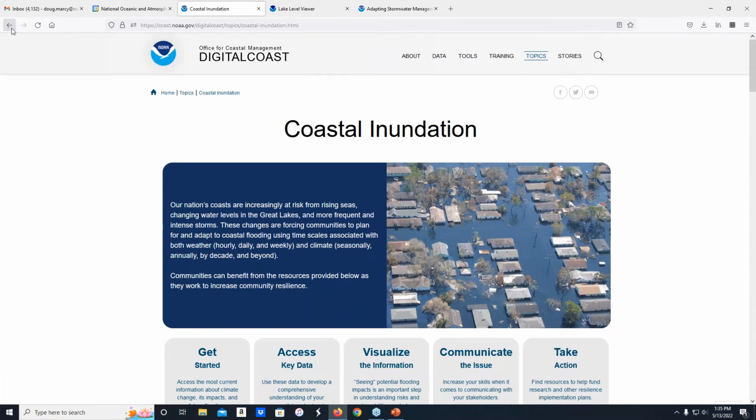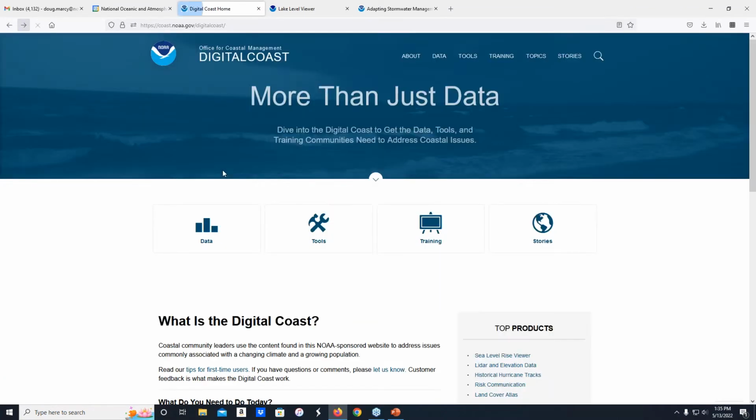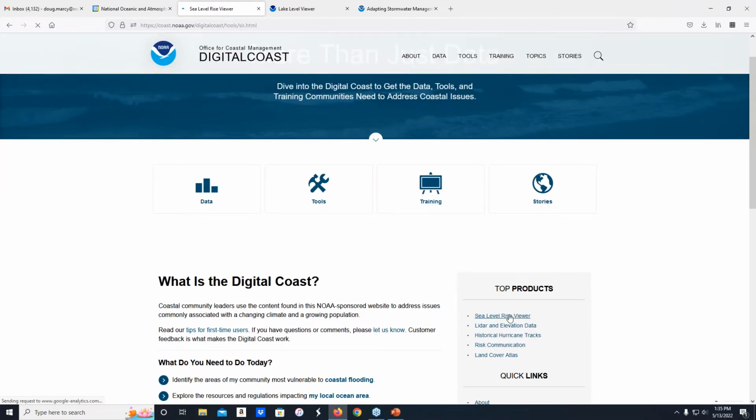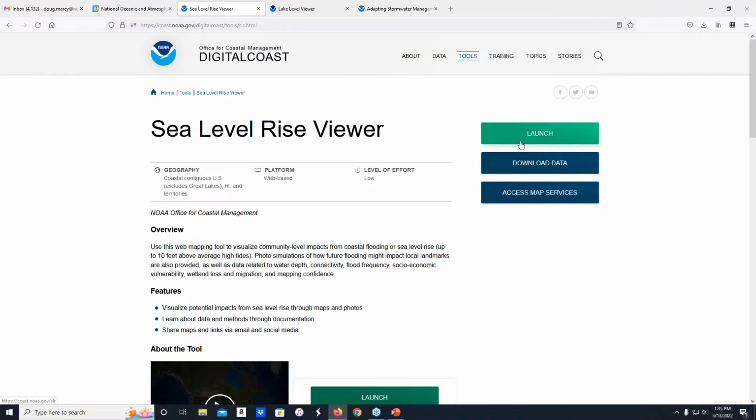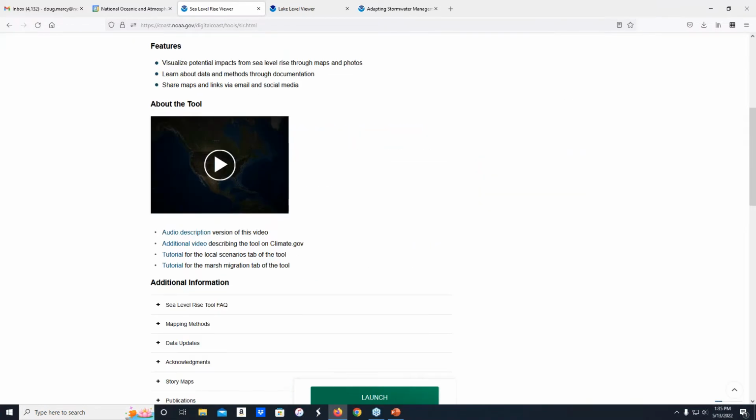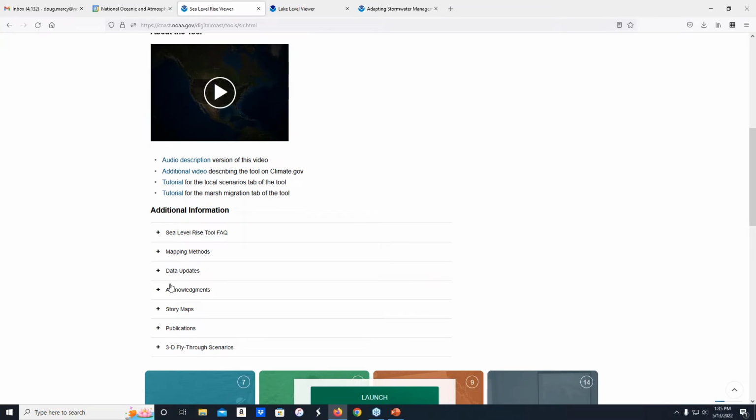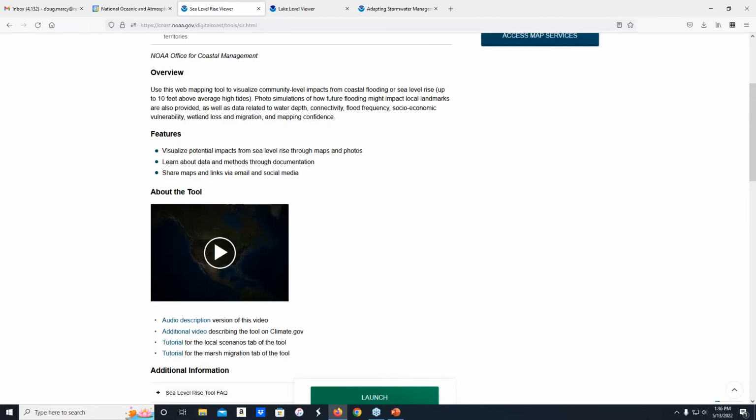Go back, you can see our top products. One of them is our sea level rise viewer. Just hit launch here. There's a lot of information on here. There are some story maps and some fly-throughs. I think Dan's going to show you some of the Climate Central stuff. We have a few of those ourselves. I'll just get into the tool though.